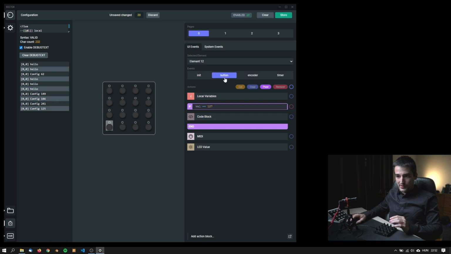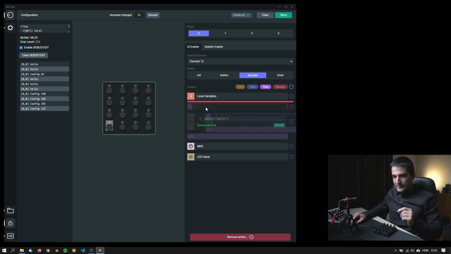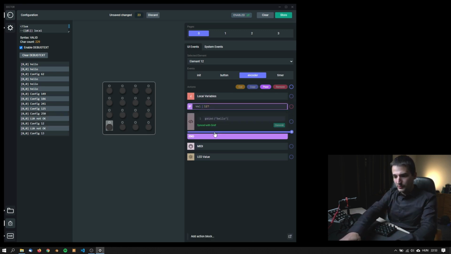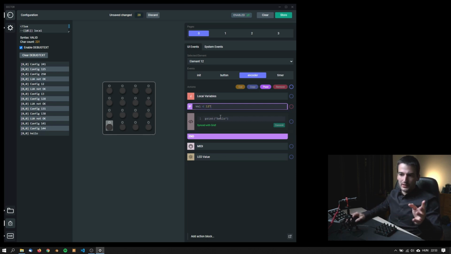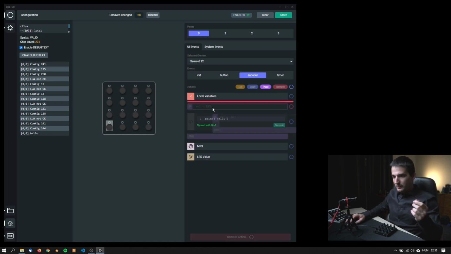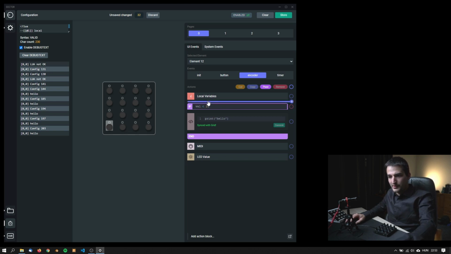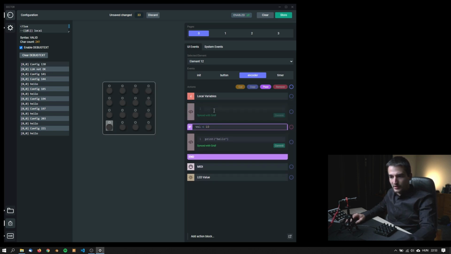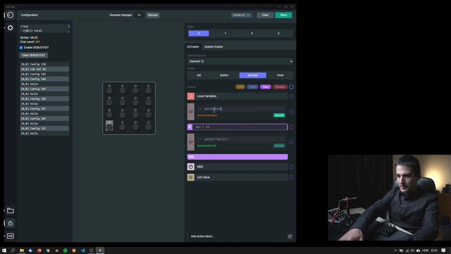But I'm going to focus on the button event now, and the encoder as well, because let's say currently the encoder is in absolute mode, so it pretty much works like a potentiometer, which goes from 0 to 127. Usually encoders are used in relative mode, and that can be configured, of course, but let's see this example first. So value is less than 127. No, not that much. Let's make it 10 and simply give me a code block, print value,